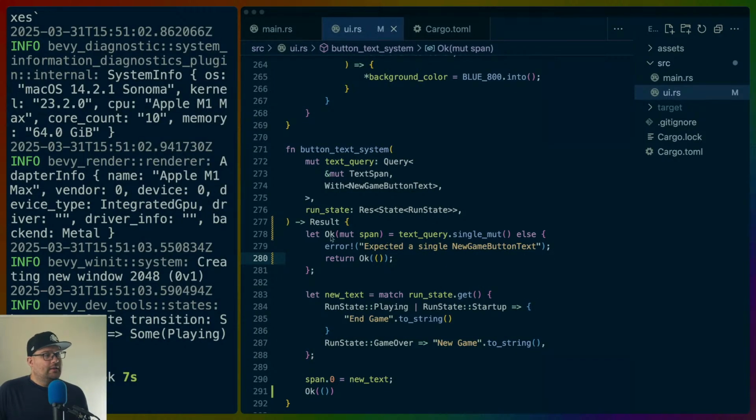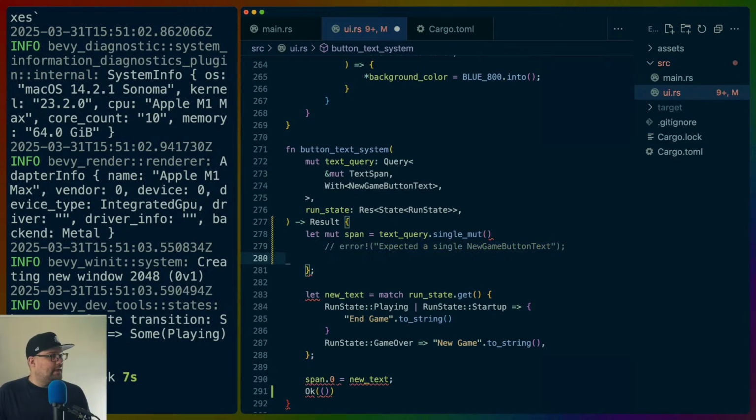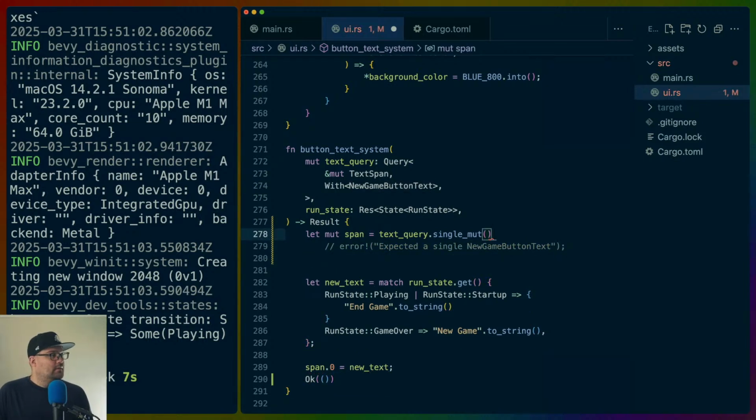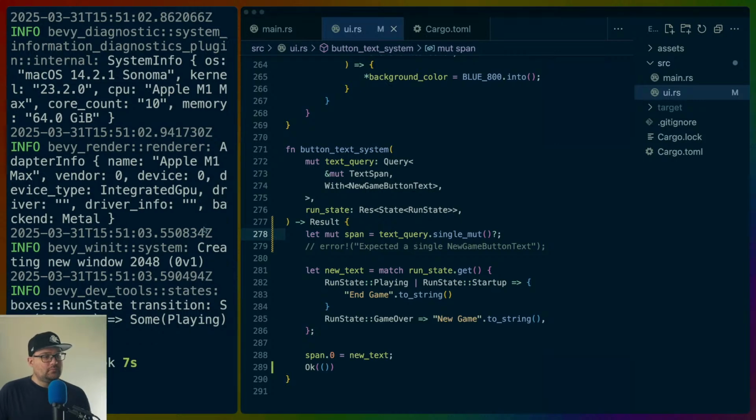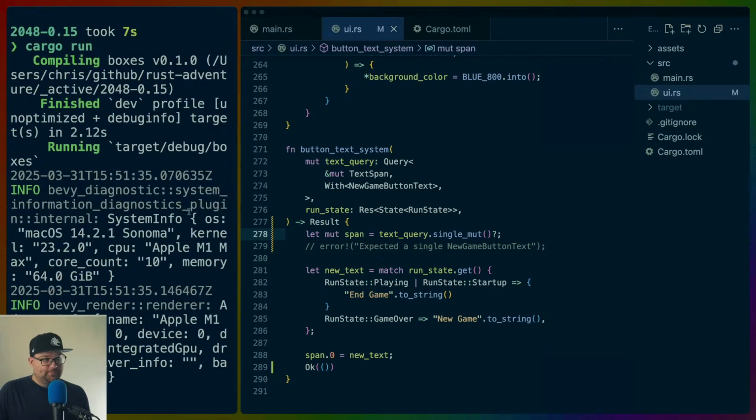And then theoretically, instead of doing let okay here, let's comment this out for a second and do a question mark. So this is a regular result, right? Result mute, text span, query single error. We can have a question mark here. And this works,